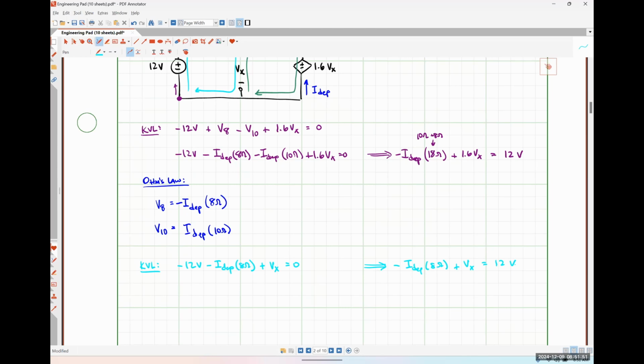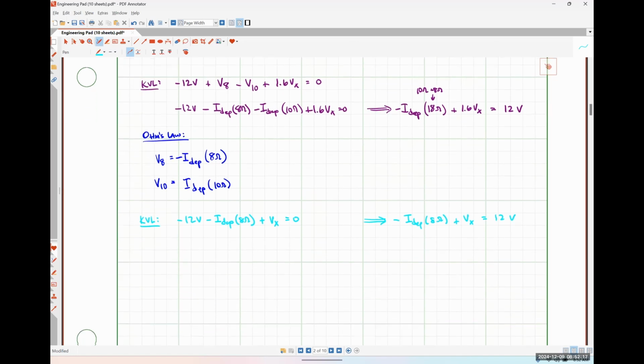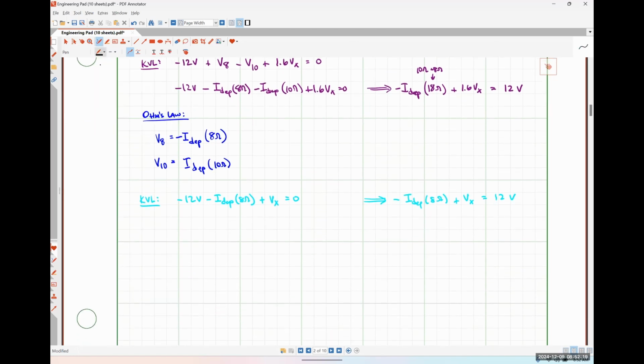So the coefficient for I dependent in my first equation is negative 18. The coefficient for Vx in my first equation is 1.6. My constant term is 12. In my second equation, my coefficient for I dependent is negative 8. My coefficient for Vx is 1, and my constant term is, once again, positive 12. Solving that system of equations, what I wind up getting is